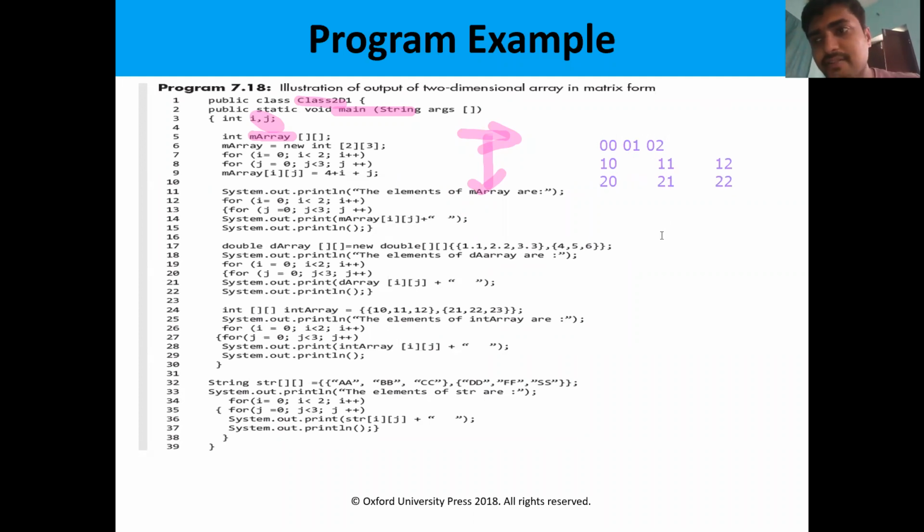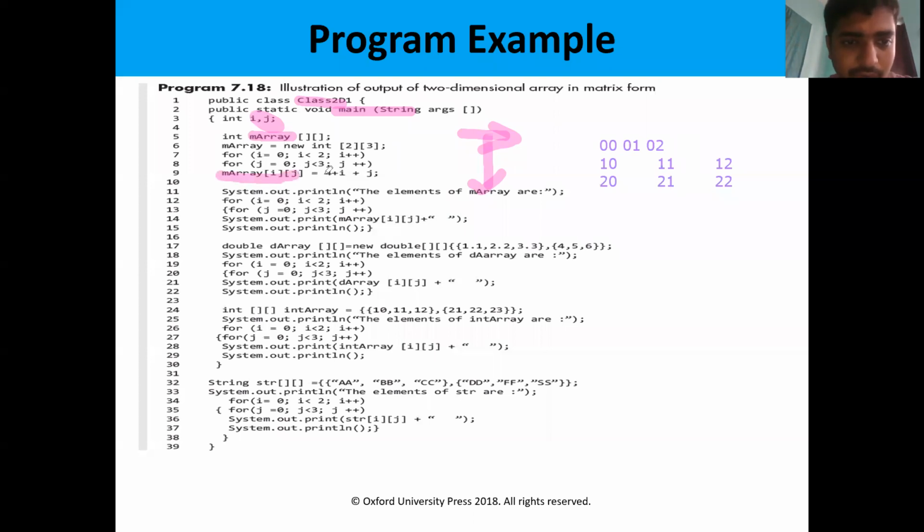So these are the index values, that means the i and j values, the element positions: 0 0, 0 1, 0 2, 1 0. First row, 0th column. Second row, 0th column. So likewise, the array is going to be initialized.